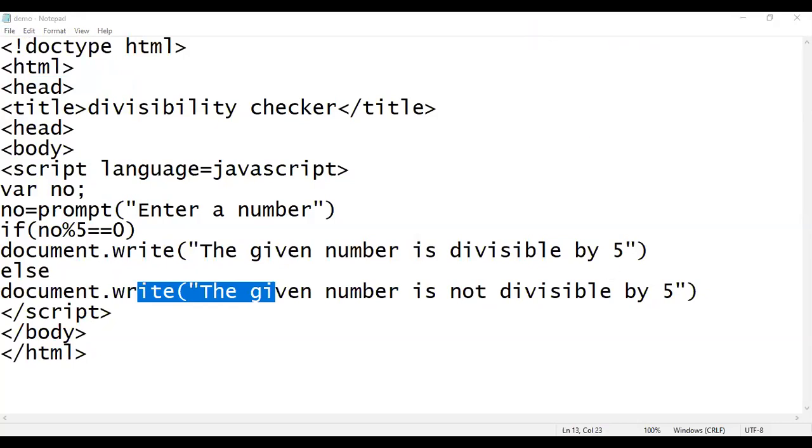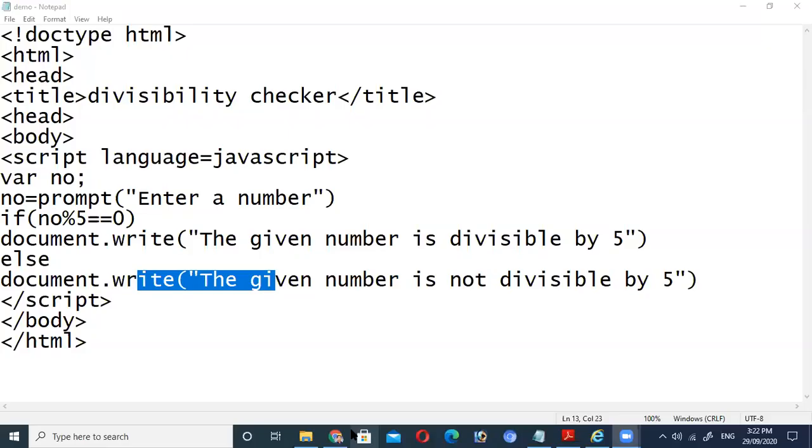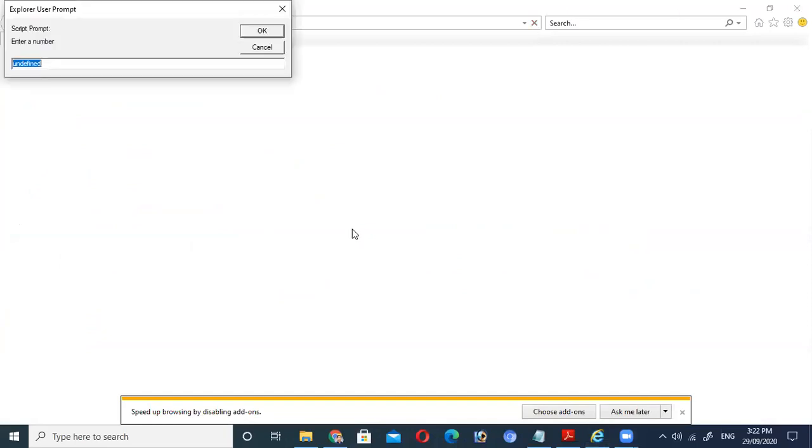Okay, now can you see the program that asks to enter a number?